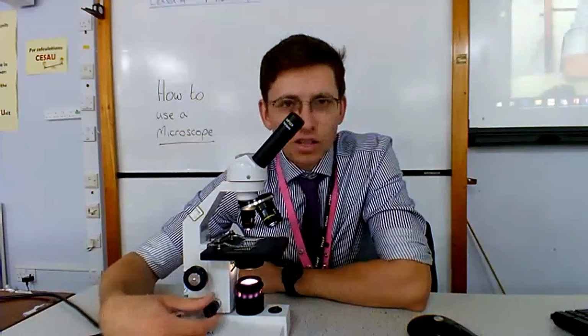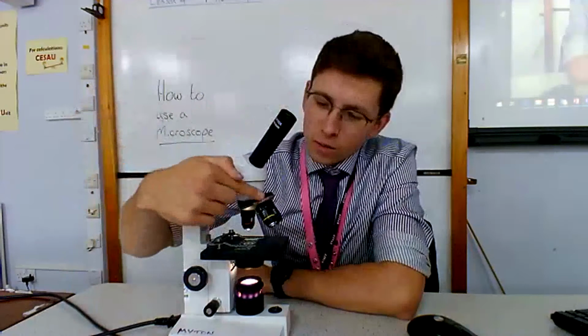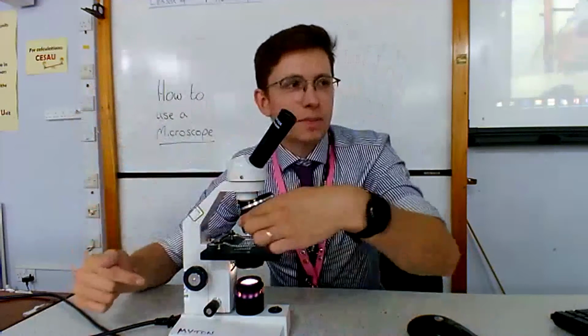So if I spin this, probably on the video you can't see it move, well, hardly at all, even though I'm turning it and turning it and turning it. If I carried on turning it, it would go all the way down to the bottom compared to the coarse wheel. So a quick recap: our eyepiece lens that we look through goes down to our objective lenses that spin